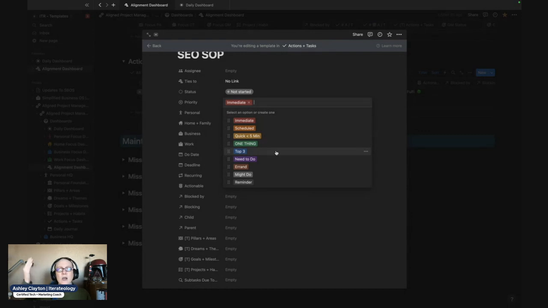And then you've got, okay, here are the top 3 things I need to do once I get my one thing knocked out of the way, things I need to do, errands, things that you might do. And then reminders would be things like, oh, you need to go renew your license plate. Things like that will show up. That's not necessarily, it does require an action, but even that action might be a, remind me to follow up with a person I delegated a task to or something like that.